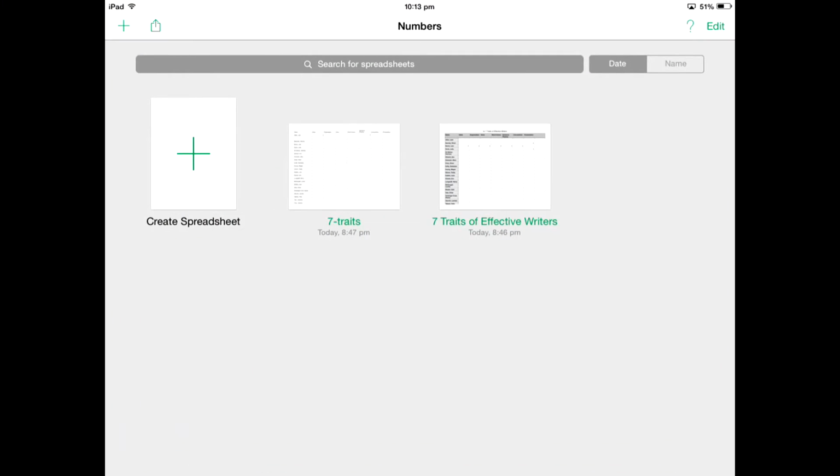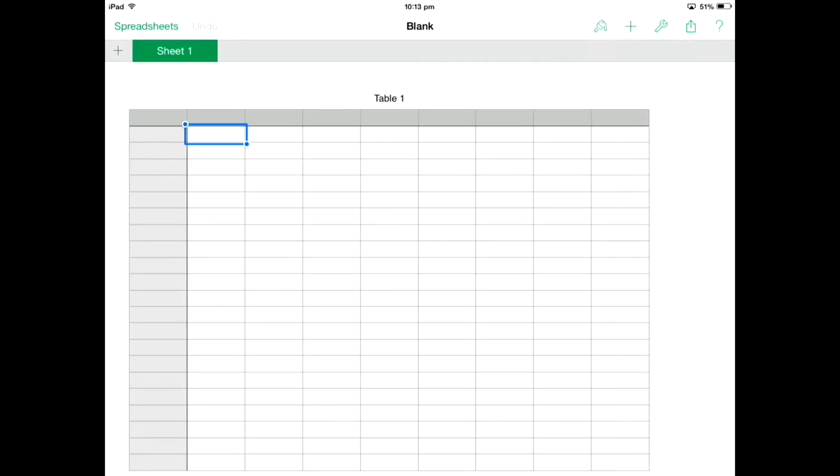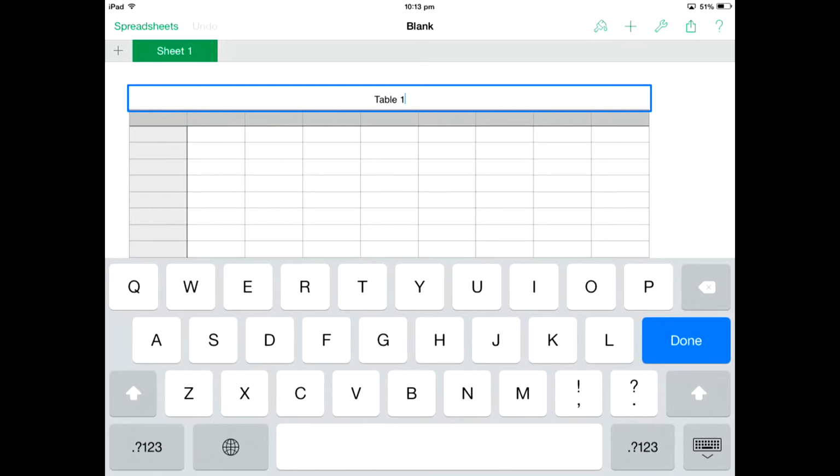You click Create Spreadsheet, so just tap that, and then tap the blank spreadsheet icon. Once you're in there, you want to rename the spreadsheet, so I'm just going to call this one Class Checklist. You can obviously call it whatever you want. And then, once that's done,